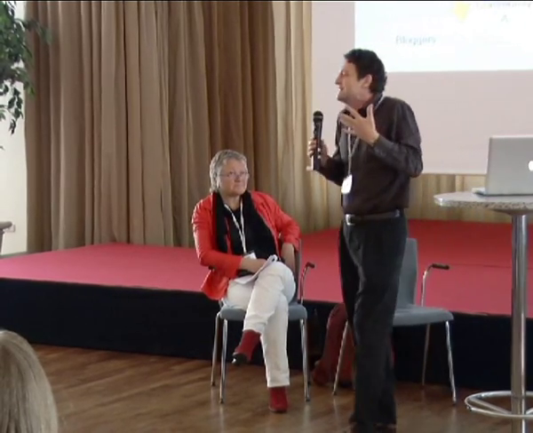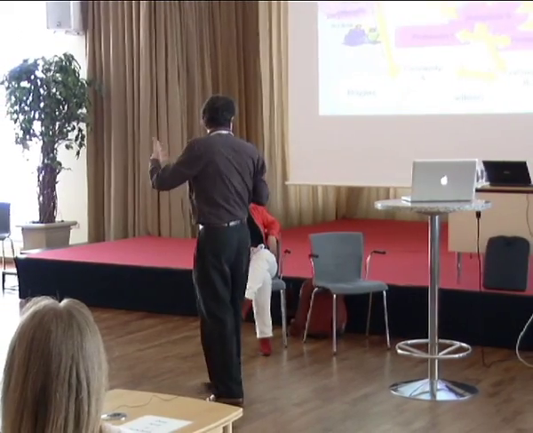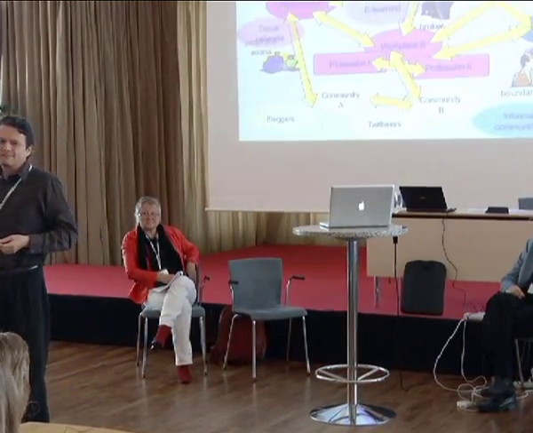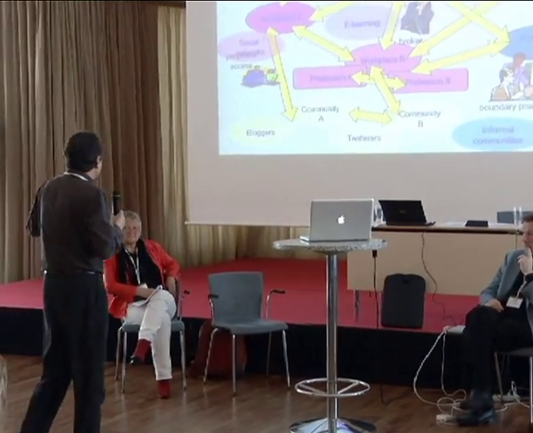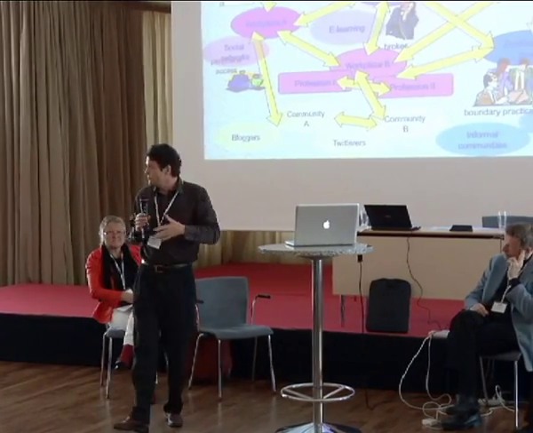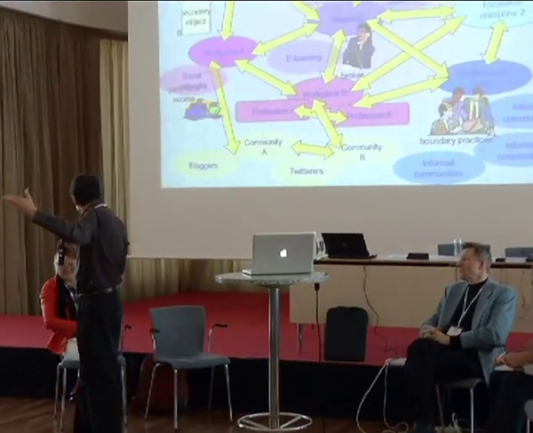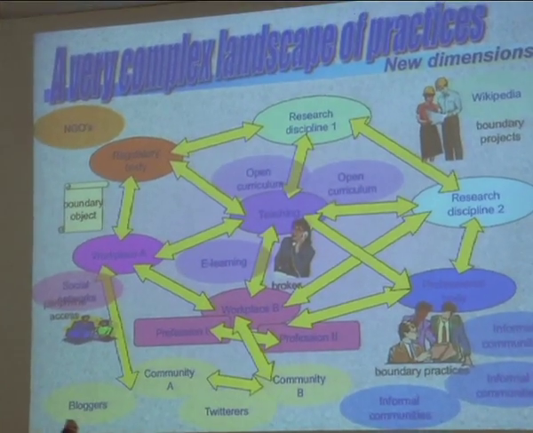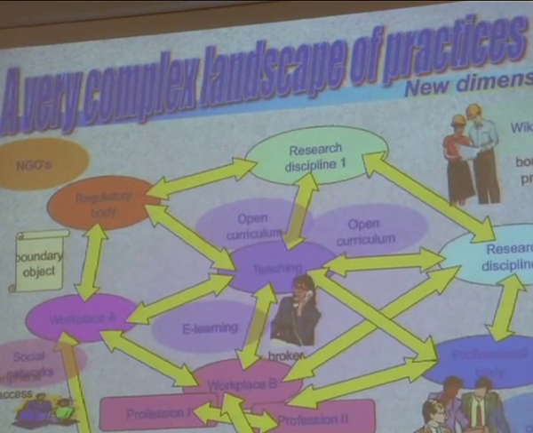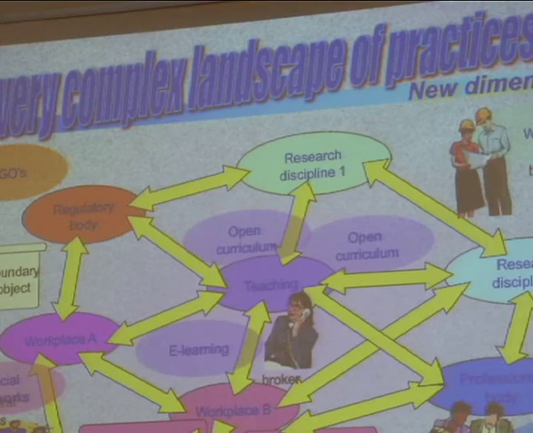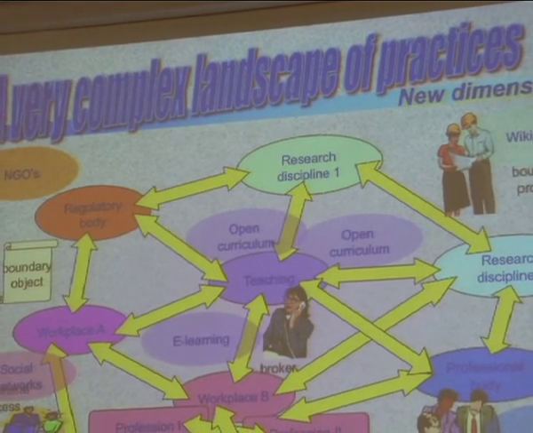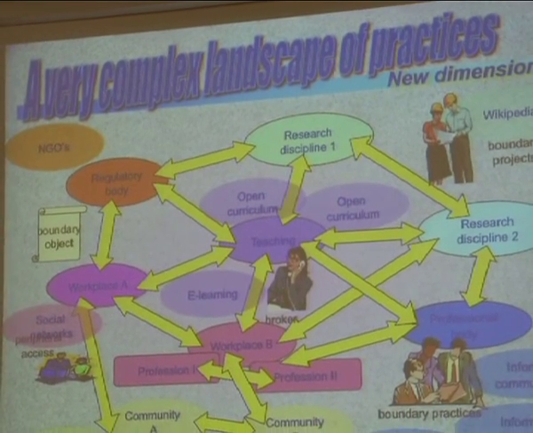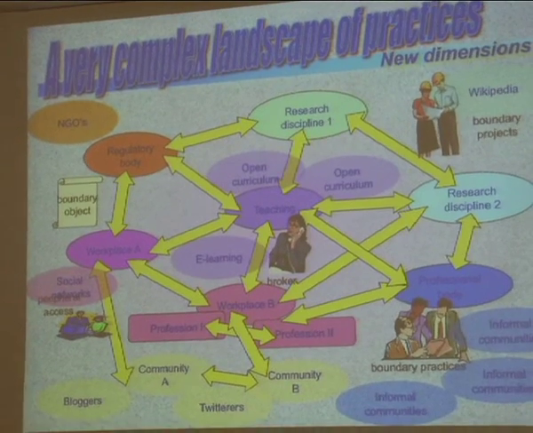And of course, one of the interesting things about the world today, and if we want to talk about ICT, one of the things that ICT is doing is kind of complexifying that landscape. Because all of a sudden, if you are a nurse in a hospital, should you follow the Twitter feed of your colleague in Africa? Is this part of your responsibility as a professional, to feel accountable to the blog of the Minister of Health? You know what I mean? So the management of knowledgeability, if you will, as a system of accountability to different places in the landscape, is actually complexifying.